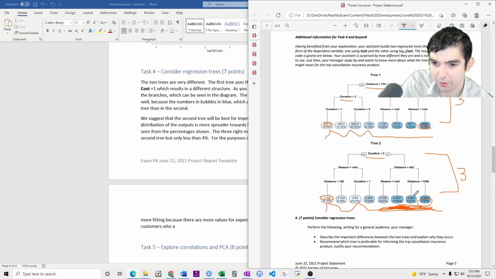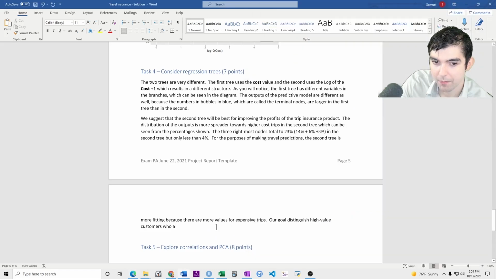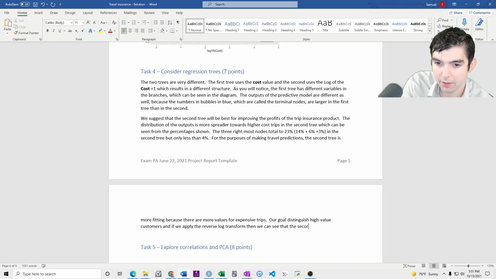If you take 10 to the 2.89, that's like 1,000. So these values are higher. If we apply the reverse log transform, then we can see that the second tree's predictions are about 10 to the third, or in the thousands.